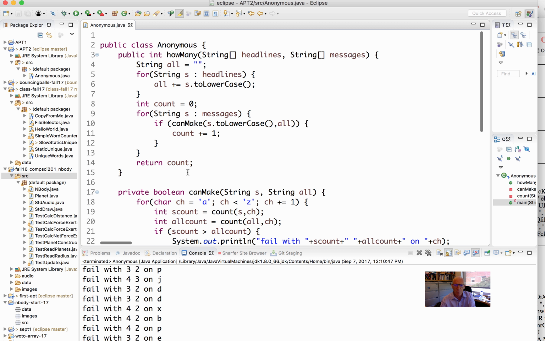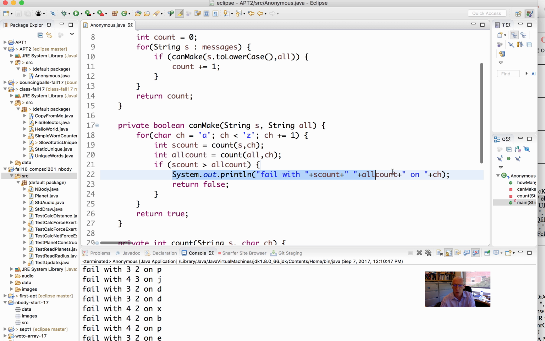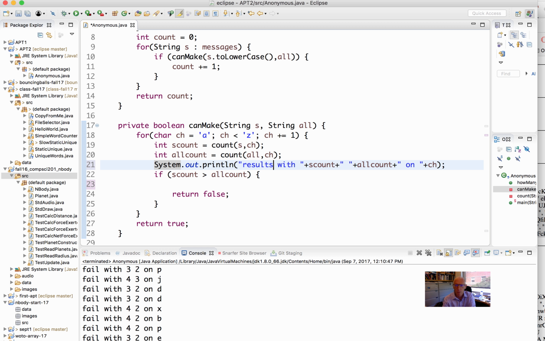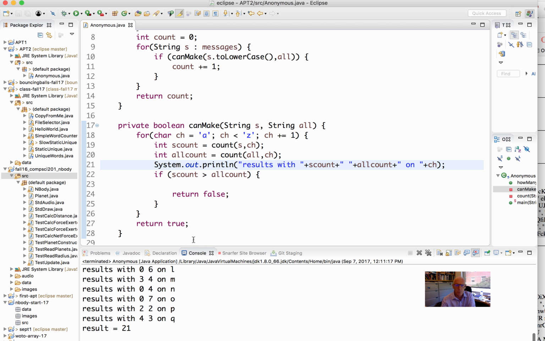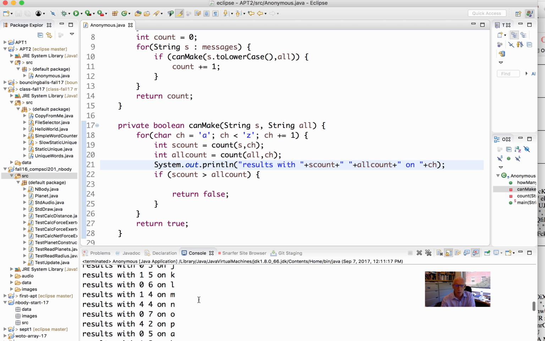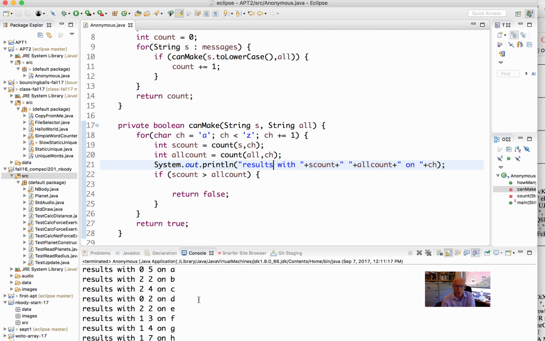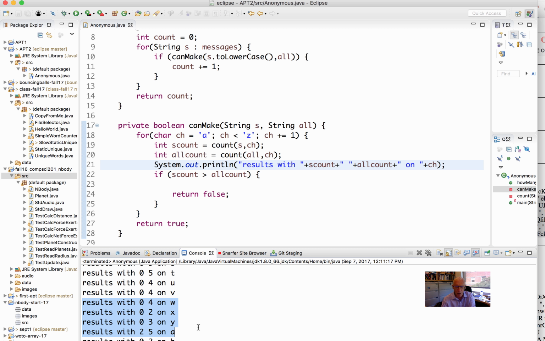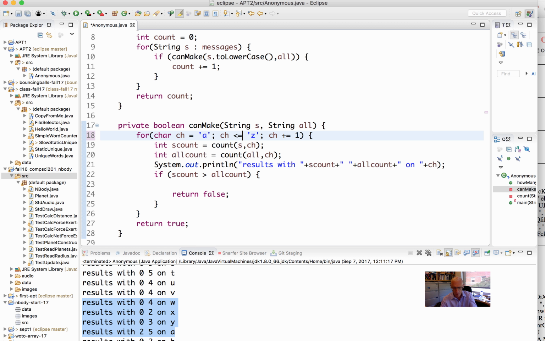It turns out that maybe I should put this print statement here, run it again. I can see that I've got a lot of results because I've got a lot of messages. A, B, C, D, E, F, G, H, I, J, K, L, M, N, O, P. It looks like, well, I see something here, W, X, Y, and that makes me focus on, I forgot an equal sign there for the Z. Now when I run it,